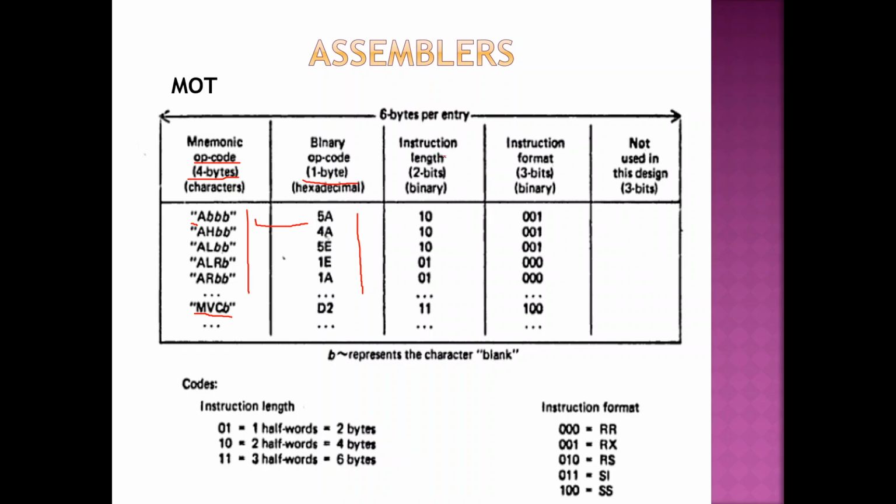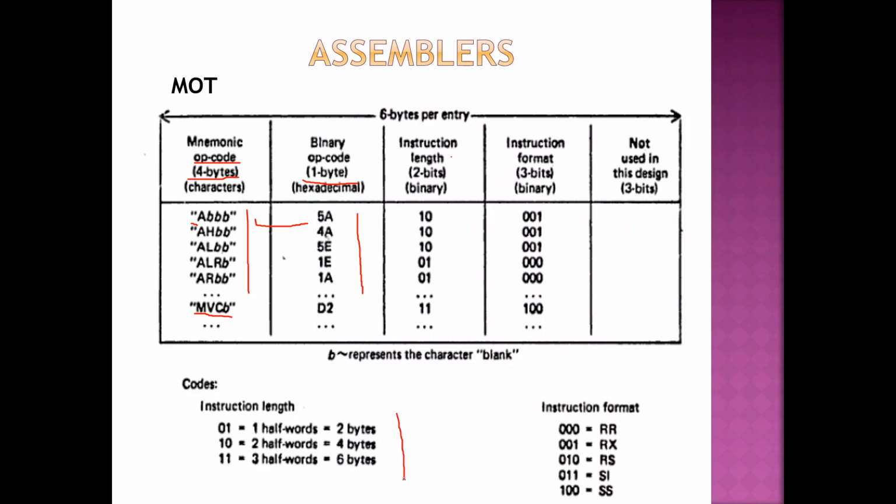Right. Next, what you have is the instruction length. Now what is the instruction length? We have studied different types of instructions, RR, RS. In that, if you remember, what have I told you? I told you RR instruction will be requiring 2 bytes. SS instruction will be requiring 6 bytes. All the other instructions are going to require 4 bytes. This is what we are going to write here, the instruction length. We are going to write the length of the instruction, but we are not going to write 2 bytes, 4 bytes, 6 bytes. Instead, we are going to use a code. They have given a code.